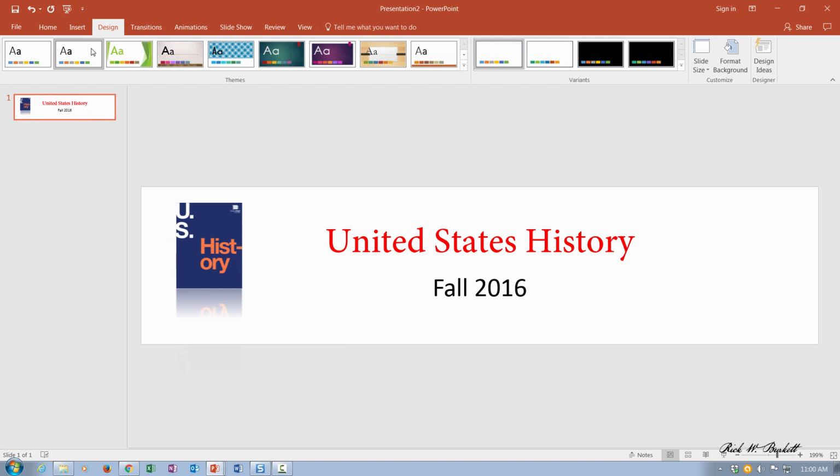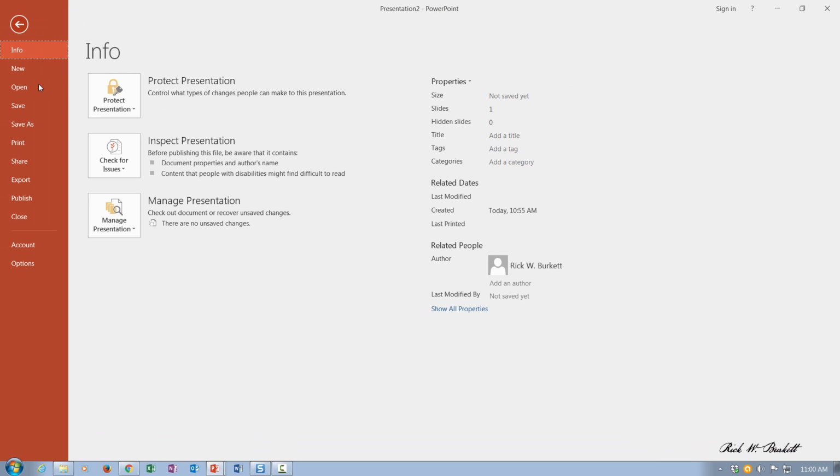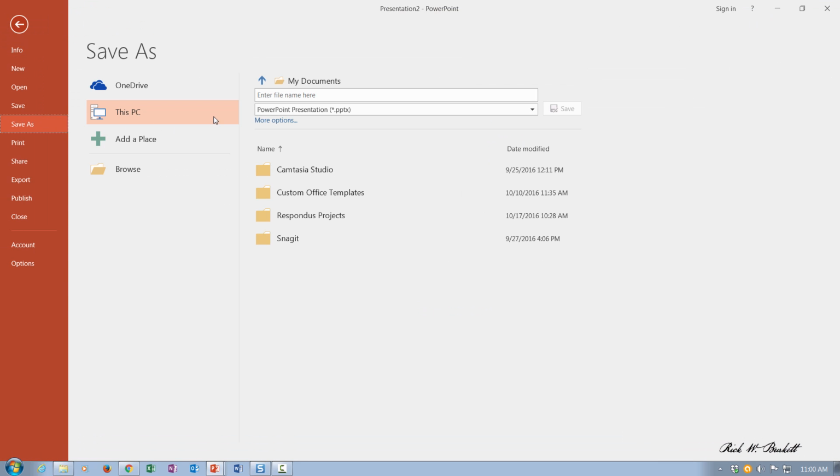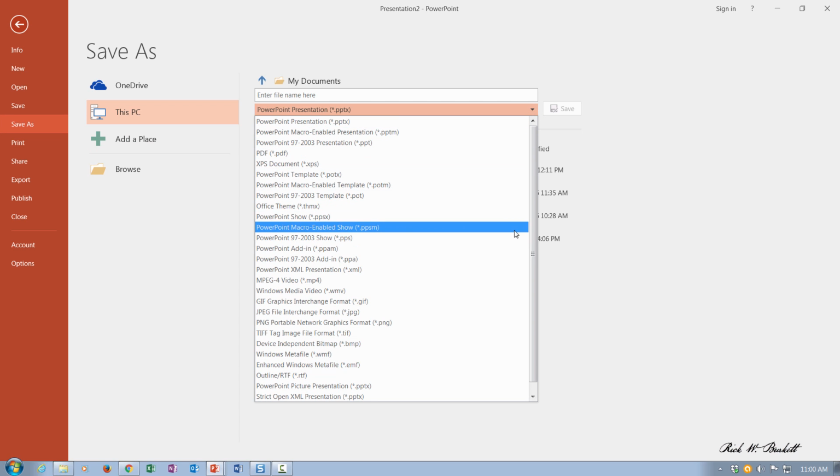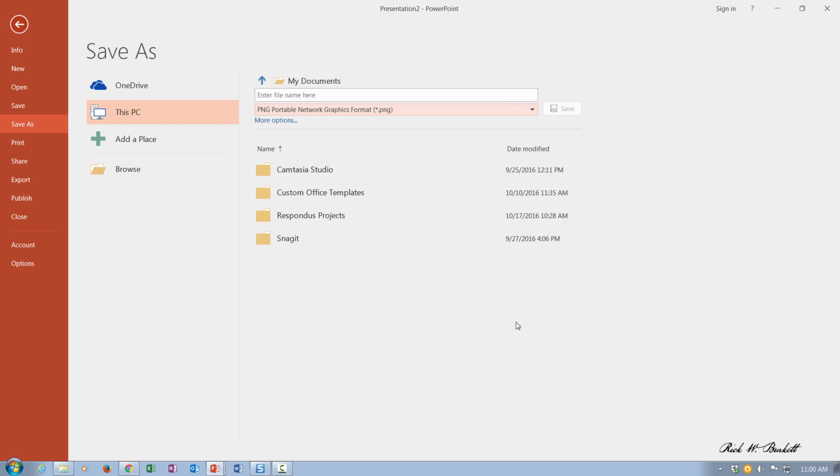And then when you're done, you go to File, Save As, and then on the pull down here, you're going to select either JPEG or PNG. It doesn't really matter for this purpose which one you use. I typically use PNG, so I'm going to go ahead and select that. And I'm going to put in a name for it. Okay. And when I click Save,